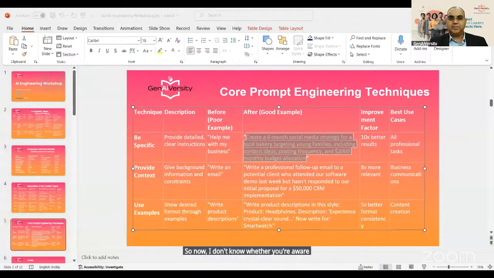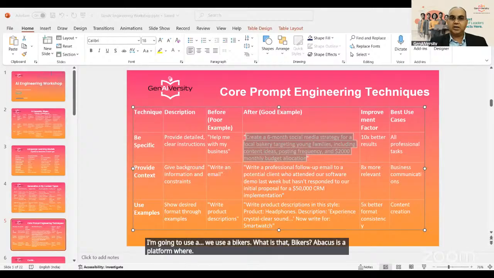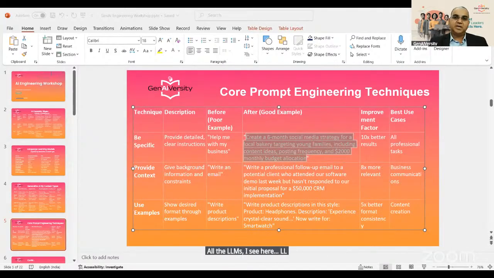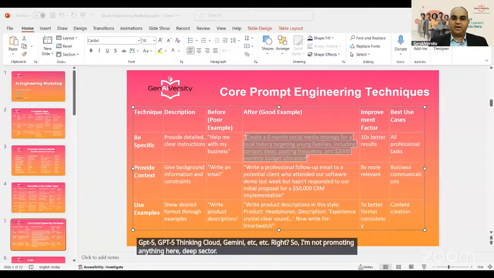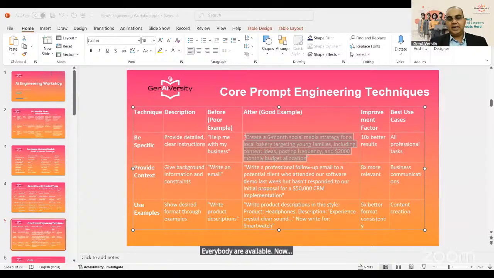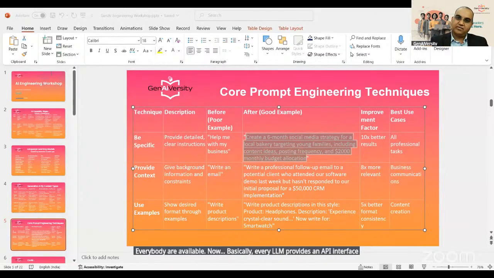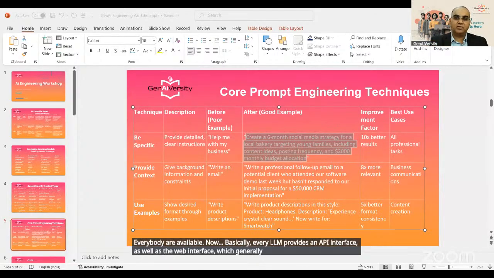Now, I don't know whether you're aware or not. I'm not going to use ChatGPT directly. We use Abacus. What is Abacus? Abacus is a platform where all the LLMs are available, I see here 27 LLMs: GPT-5, GPT-5 Thinking, Claude, Gemini, etc. Right? So I'm not promoting anything here. DeepSeek too. Everybody is available. Now, basically, every LLM provides an API interface as well as the web interface, where you generally log in to the web interface and